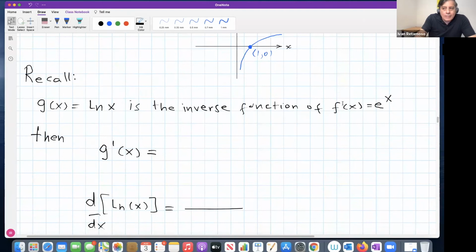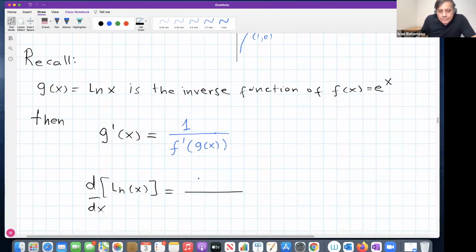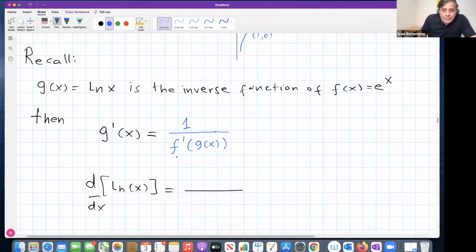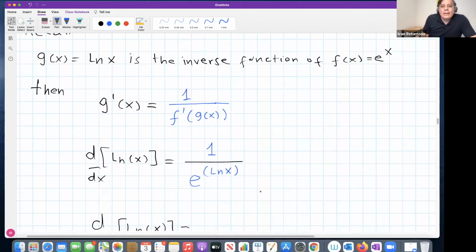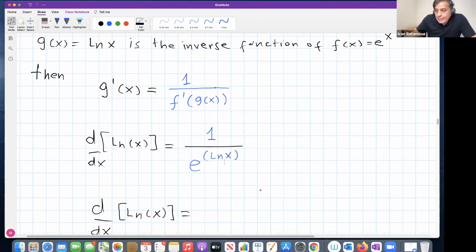All right. So remember, the derivative of an inverse function is 1 over the derivative of the original function evaluated at this inverse function. So the derivative of this guy will be 1 over the derivative of the original function, which is e to the x, e to something. But inside here, you must keep this inverse function, natural log of x. But now, guys, simplifying this,